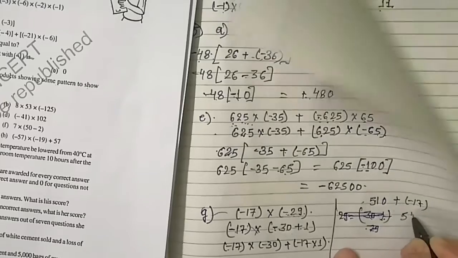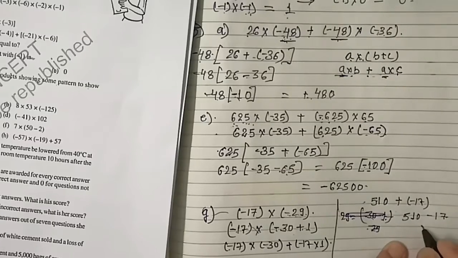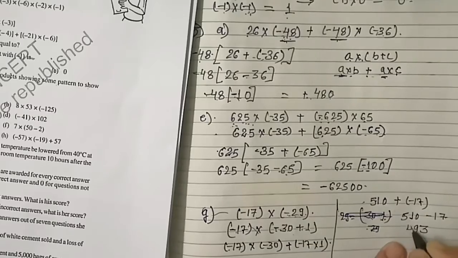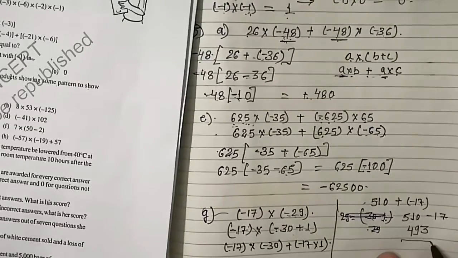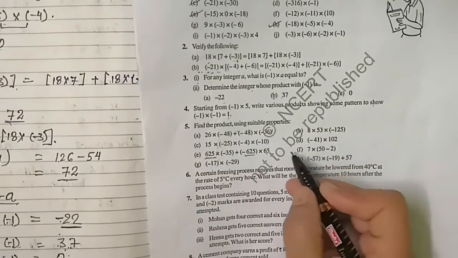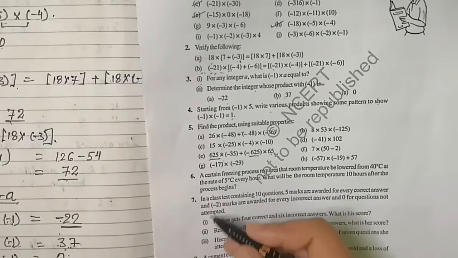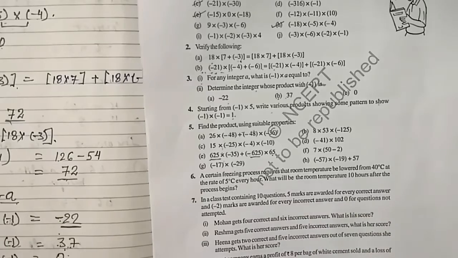Now 510 and minus 17. When we take subtraction of these numbers, then we will take carry here. Here will be 10, 10 minus 7 is 3, and here will be 0. Again we take carry, it will be 10 minus 1 is 9 and 4. Okay, what we are getting: 493 as a result. So students, the rest of the portion you will also do, you will try. Okay, now question number 6 and other questions we will do in the next videos. Okay, thank you.